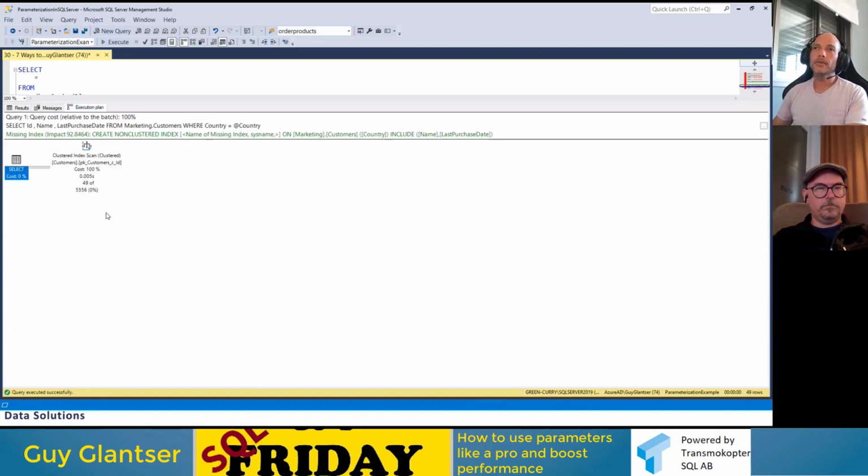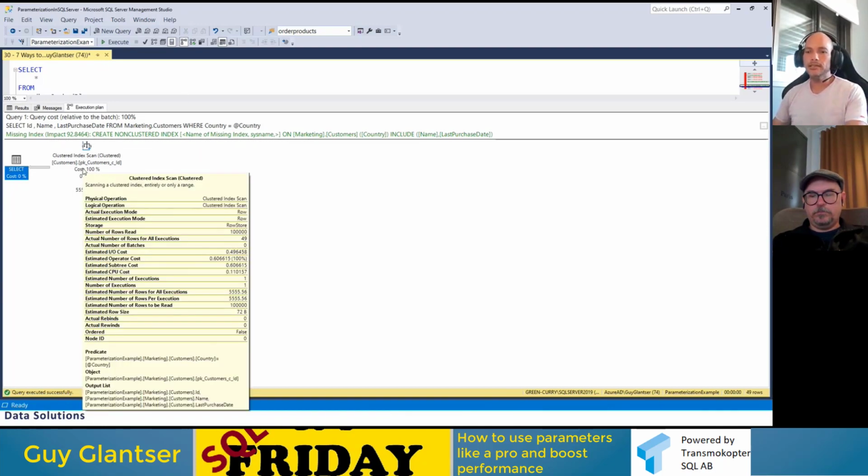First of all, if you look at the plan, until now, all the execution plans we got were great plans with an index seek and key lookup, as I showed you in the beginning. Now, for the first time, I get a wrong plan, a very poor plan for this query. I get a clustered index scan. SQL Server now scans the entire table just to get me the 49 rows for Israeli customers. Doesn't make sense.